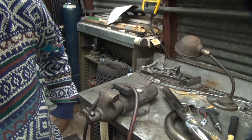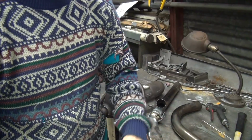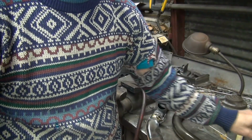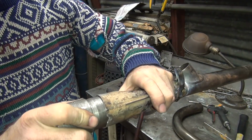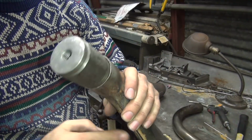Okay, back to some exhaust pipe work. Okay, I got some of my tools. Oop, almost dropped it. So this is cut for different diameter pipes that you expand it out to, or beat it down to. So this one's this size here. So we just beat this pipe around, see if we can get a little bit tighter fit on this part